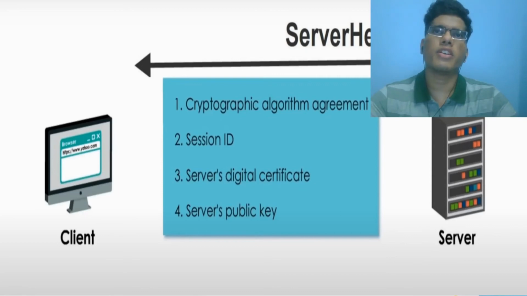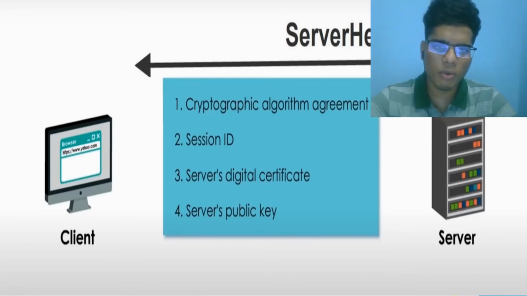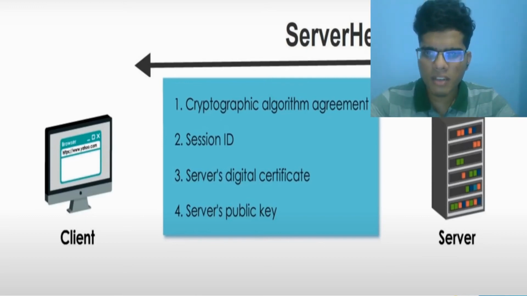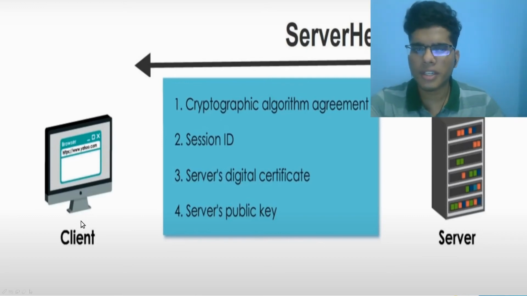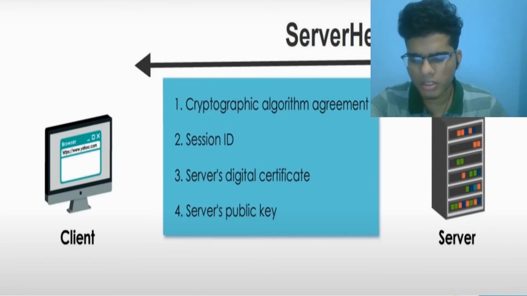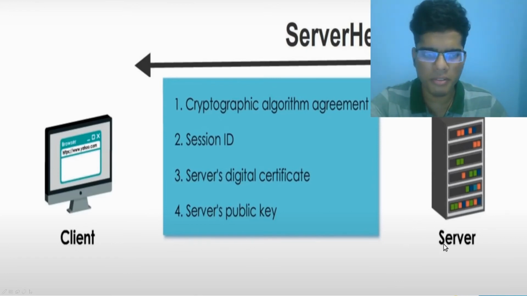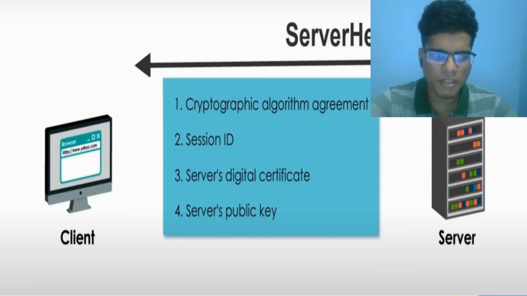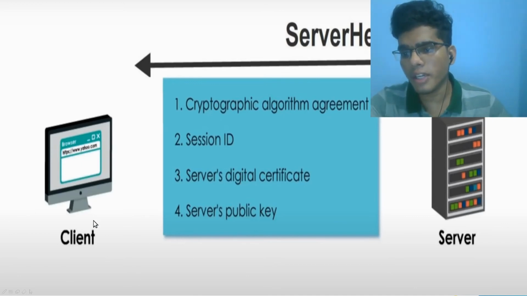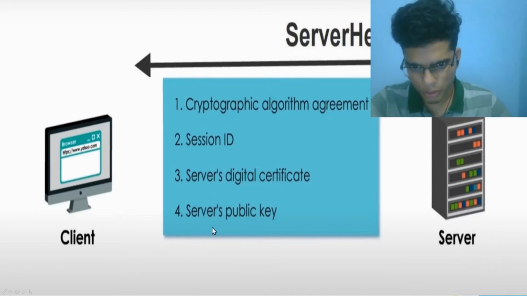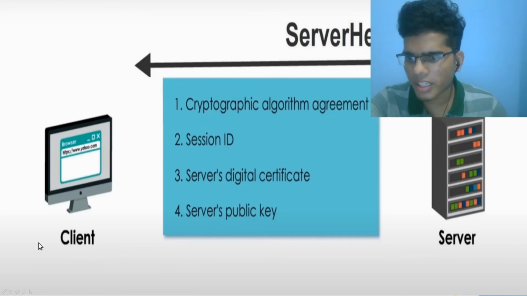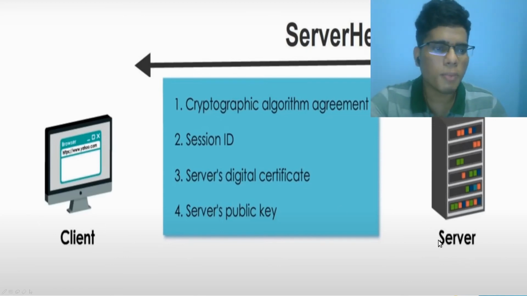Because client and server can just communicate over symmetric encryption, which is time efficient. But still, when the client is trying to send the symmetric key to the server, anyone can intercept those packets and retrieve those symmetric keys, and they can tamper with this communication between the client and server, which we definitely don't want. That's why we start with asymmetric encryption, where the client can encrypt any message that the server needs to receive using the public key, so that whatever message the client is sending, only this particular server can retrieve the data using its private key.